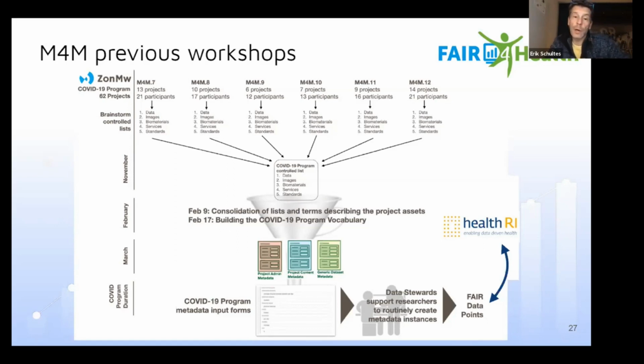And I think we have over 100 of those projects now that have completed metadata for their projects and for some of their data sets. And interestingly enough, this FAIR data, this metadata, is now available on the Health RI portal. This is a Dutch organization devoted to information and health sciences. And in the next slide,